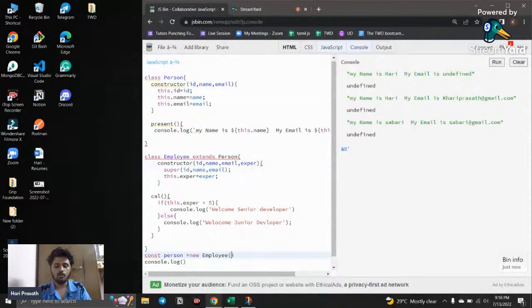So one is the id, and the name of the person is something like Hari, and the email is going to be hari@gmail.com, something like this. And the experience, I'm going to say 7. Now instead of person, I just say myPerson. You know how this myPerson is going to work, because if I call that myPerson and I save this,